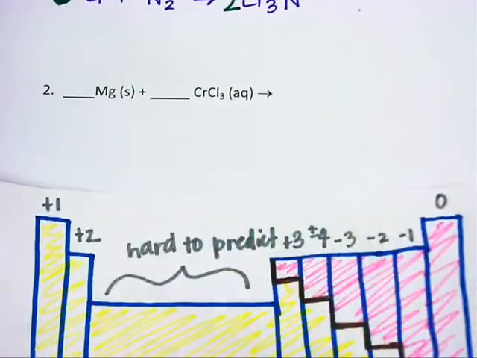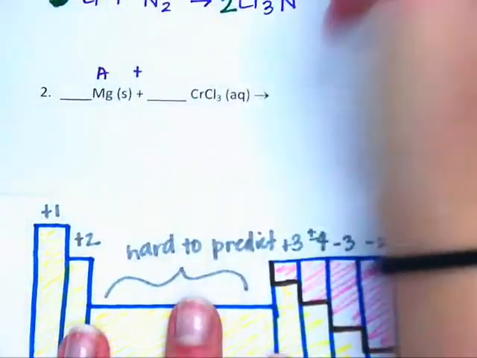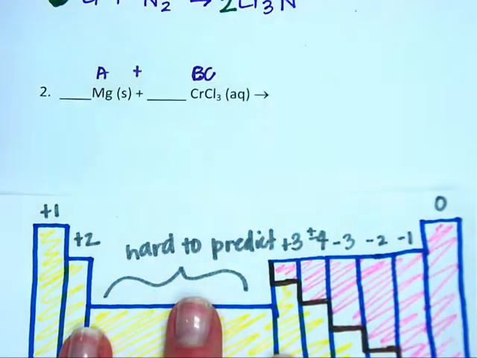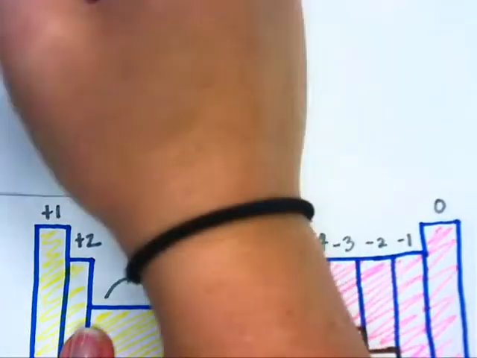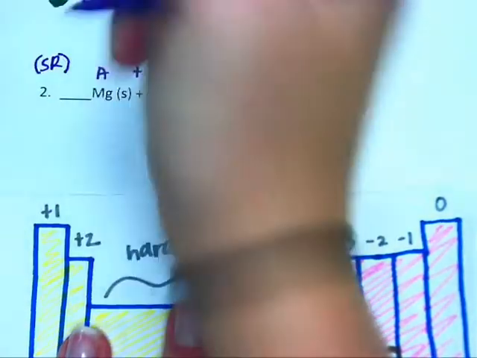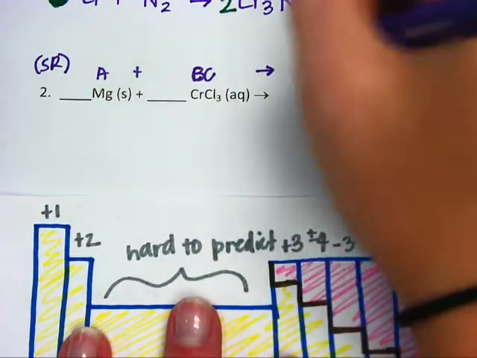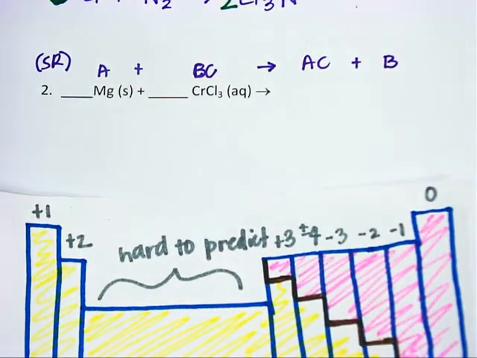This next one down here, I'm going to determine the reaction type again. So I have one substance plus 2 substances, A plus BC, according to my reaction types. That is a single replacement reaction, which means that I am going to produce AC plus B. And I will also want to check my activity series on this problem,